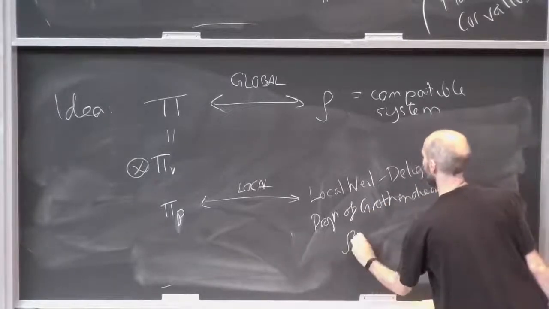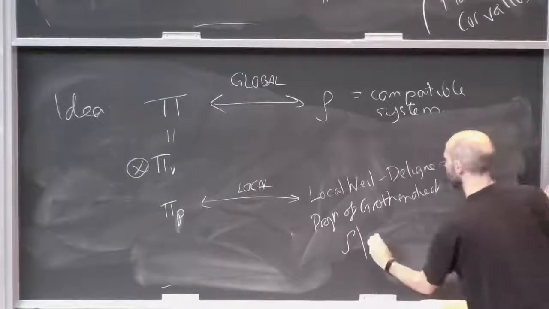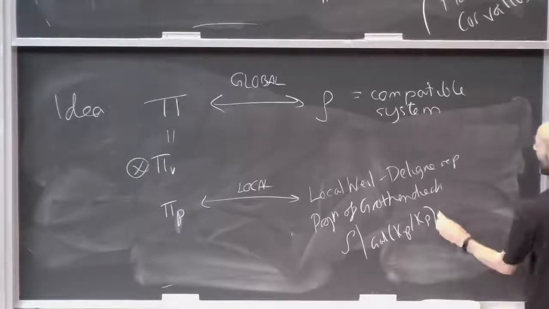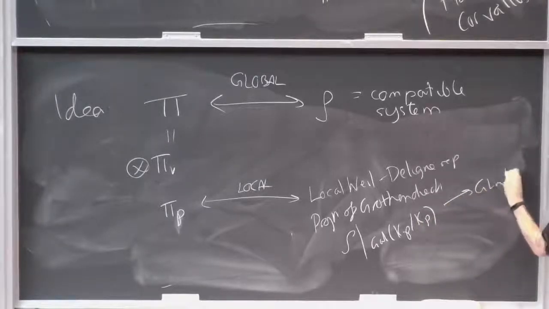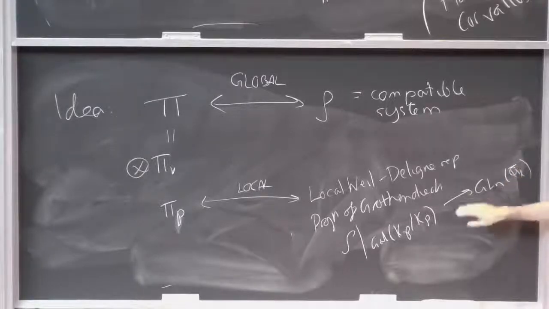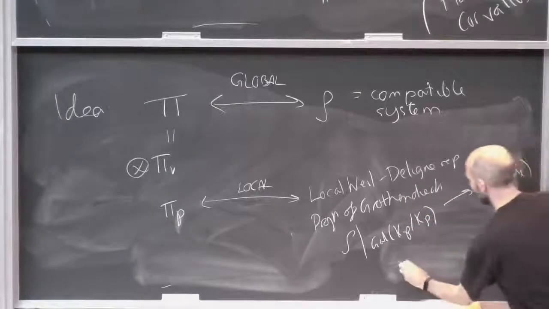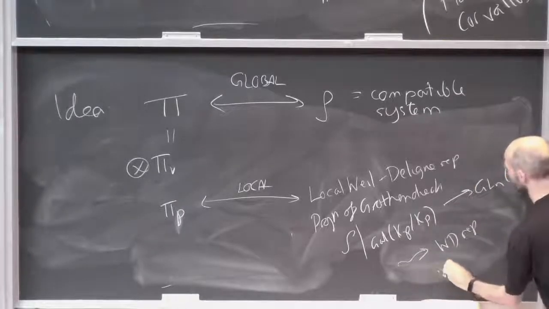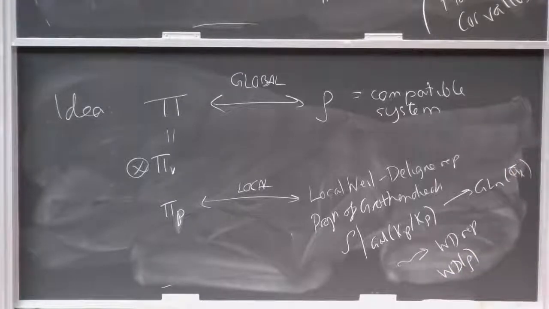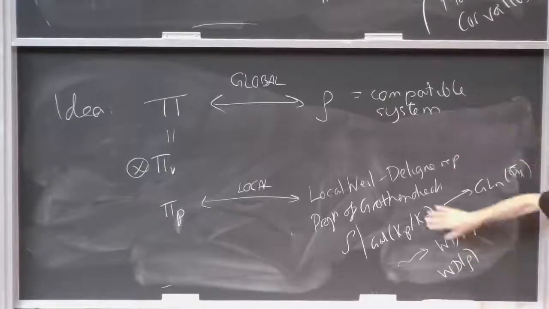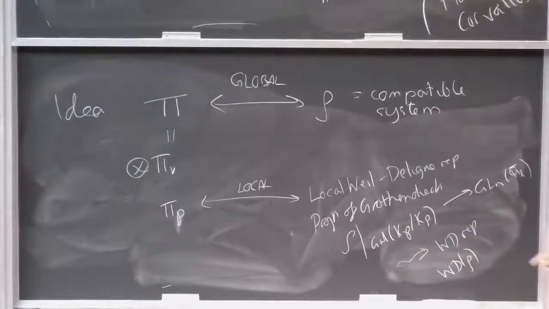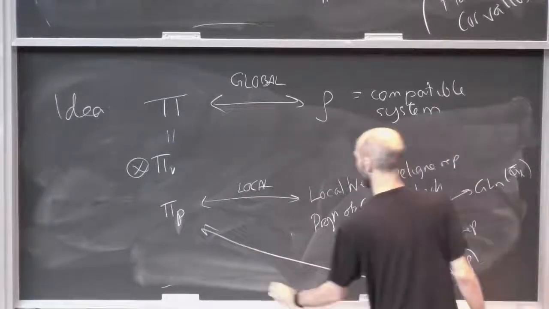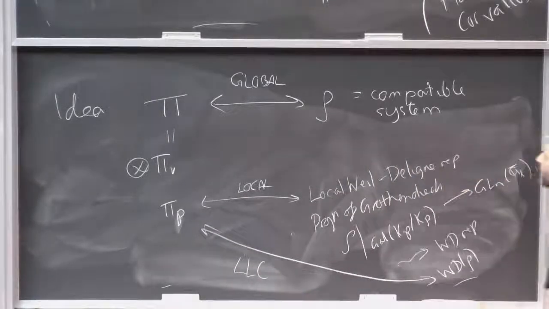You simply look at the restriction of rho to Gal(kp bar over kp), and that's now an L-adic representation to GLn of Ql bar. Then this proposition of Grothendieck shows how, given one of those, you get a Weil-Deligne representation. Let's just call it WD of rho. So I've got this lovely compatible system, and I can look at what's going on at some finite prime. I get a local Weil-Deligne representation, and so this should be what's happening. This is the local Langlands correspondence.